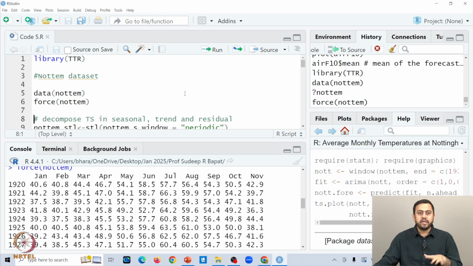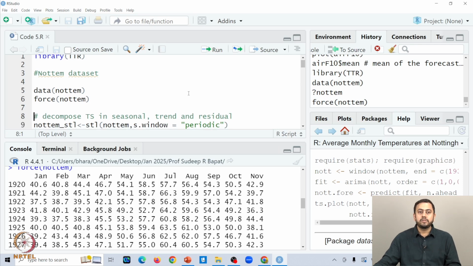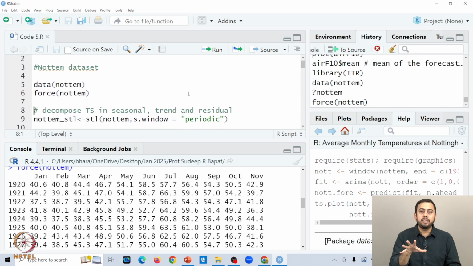Alright, now the first thing that we will do with this data is decompose it. We have talked about time series decomposition long back in one of the earlier sessions. Time series decomposition, if you remember, is nothing but splitting the data set into its several parts, let's say trend, seasonality, or irregular fluctuations, etc. And in R you have this very easy command called STL. STL splits the data into different components.